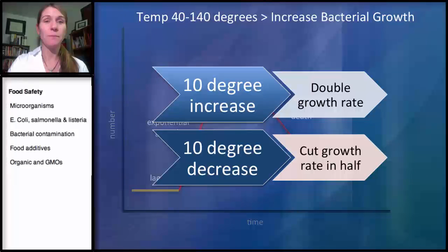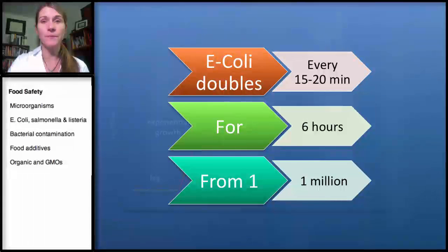I'm going to give you an example of E. coli, which we'll talk about next. E. coli doubles about every 15 to 20 minutes. This is called generation time, meaning the colony doubles. If there were 16 bacteria, it'll double to 32 and then 64. So it doubles, and that's that exponential growth phase I was talking about. Salmonella is about in that same range.